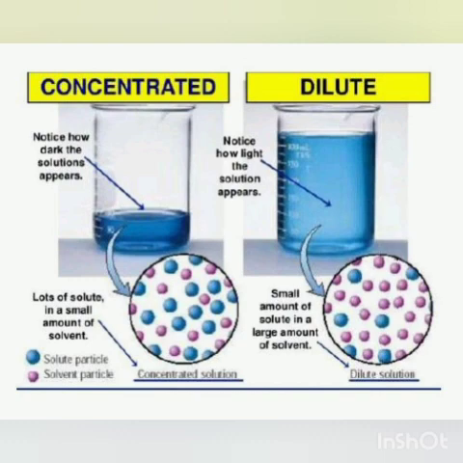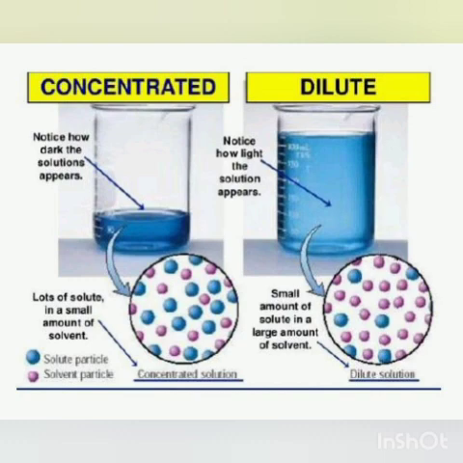You can see in the picture also, in the concentrated solution so many solute particles are present, whereas in the dilute solution the blue particles are few. These pink particles are the water particles and these blue particles are the particles of solute. In the concentrated solution you can see so many blue particles, whereas in the dilute solution there are few blue circles. Understood or no? So in a concentrated solution the amount of solute is more as compared to the dilute solution. I hope it is clear to everyone. What is the concentrated and the dilute solution?